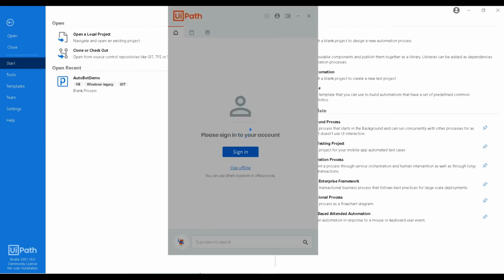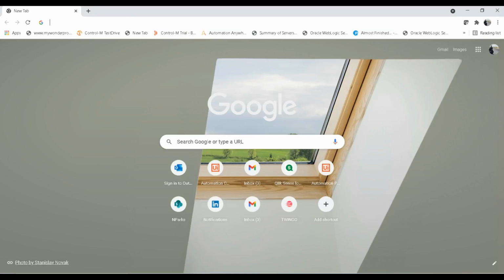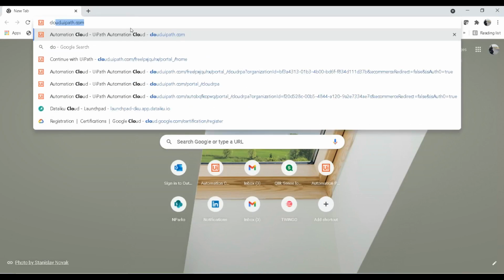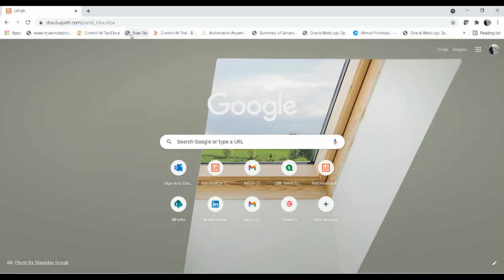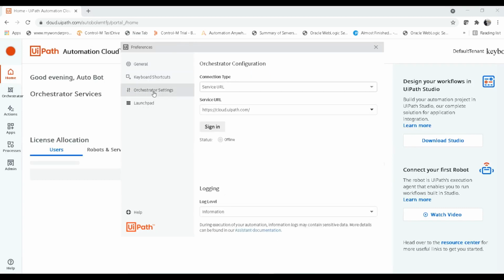Meanwhile, let me open the Orchestrator, UiPath Cloud Automation, cloud.uipath.com. It is loading and the UiPath Assistant has opened. Inside preferences, just go to Orchestrator settings.